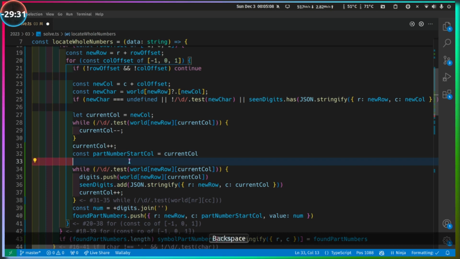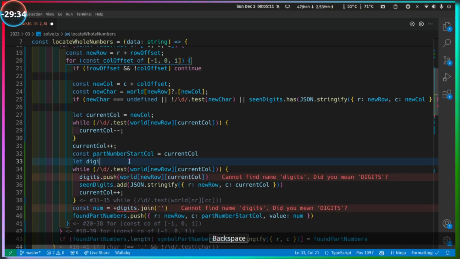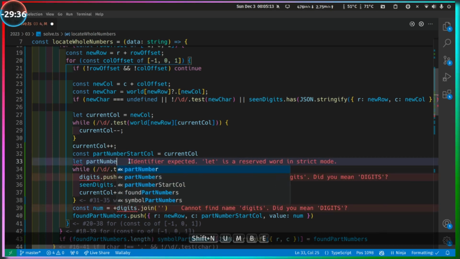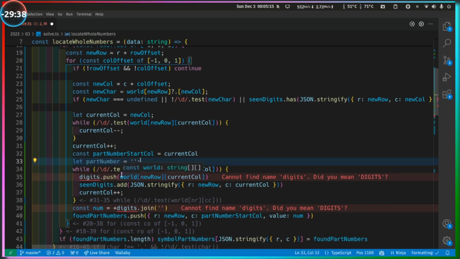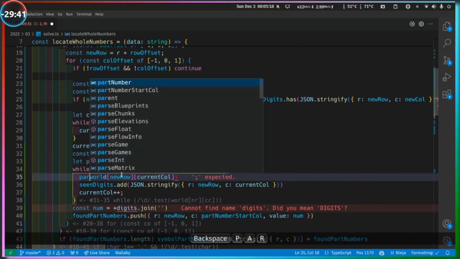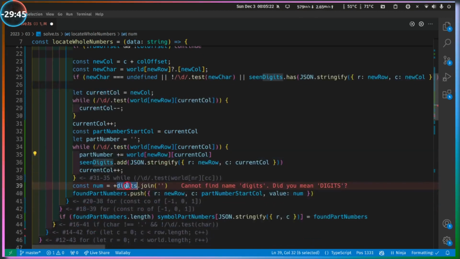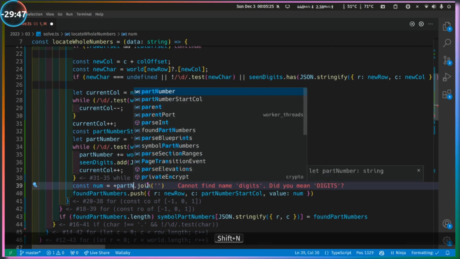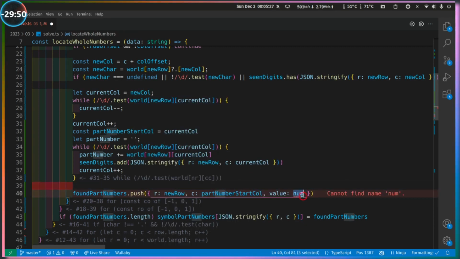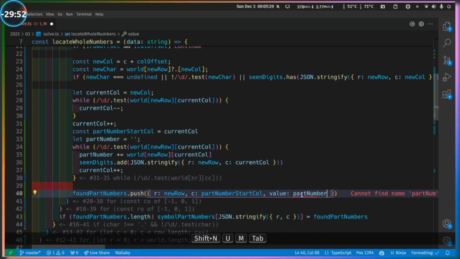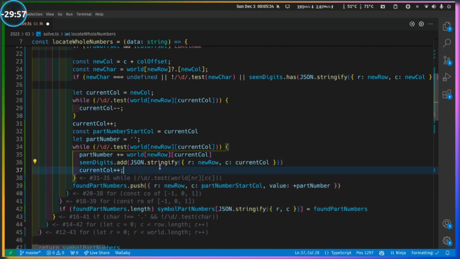And we don't need this to be an array. Let part number equals string. You can just keep adding to it. Part number plus equal. Just keep adding those digits. And boom. Part number, but of course as a number. Okay, it's just going forward with it. Satisfactory, but